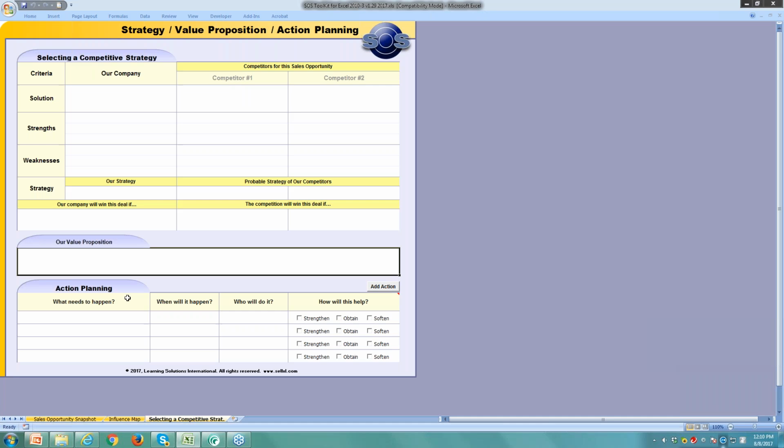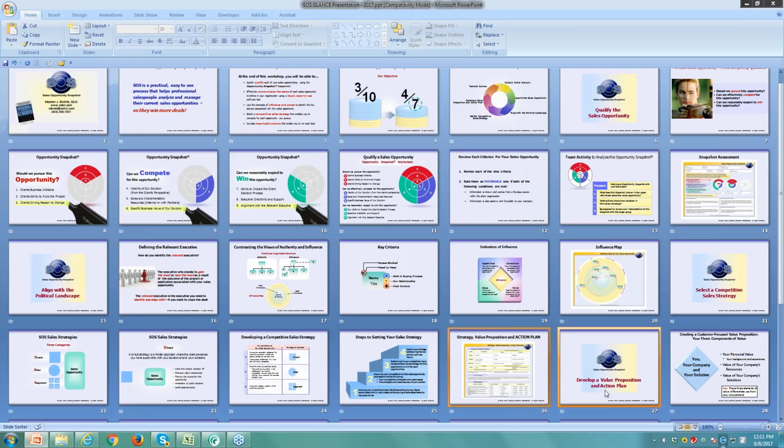So at the end of this process, sales managers can start looking at these opportunity plans and start trying to help their salespeople close these deals. They also see very quickly where they should put their critical resources. Which opportunities do they have the best chance of winning? So let's look now at the last section of our